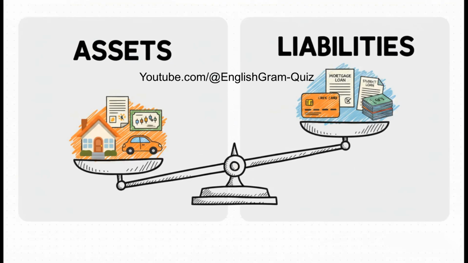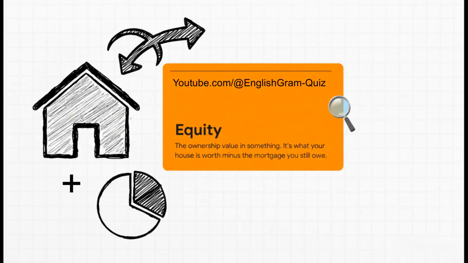And this pretty much shows you the two sides of that coin perfectly. On one side, you've got your assets. These are the valuable things you own, like a house or stocks in a company. And on the other side, liabilities. That's the money you owe to other people, like a mortgage or that credit card bill. See? Pretty straightforward.